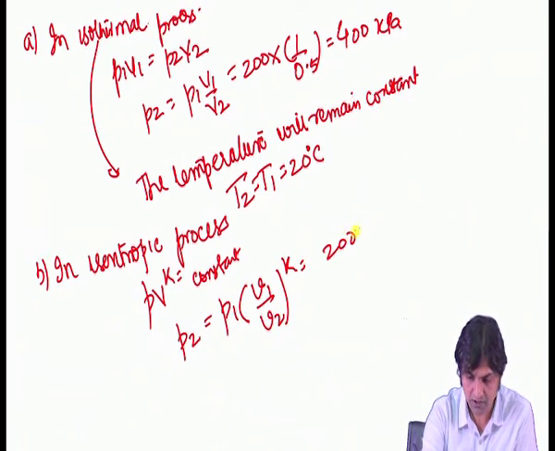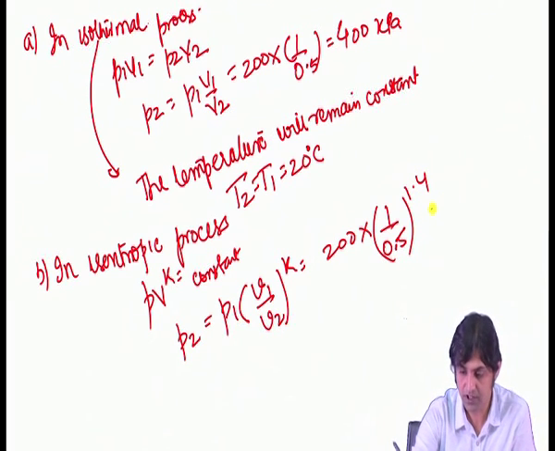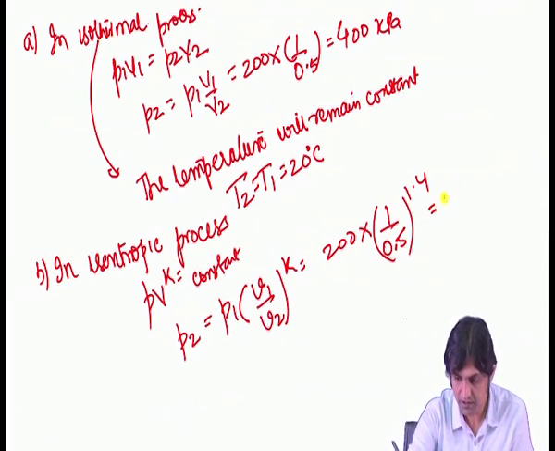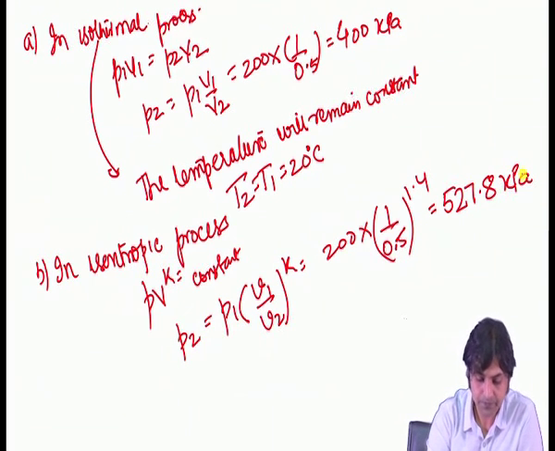So 200 into, it's compressed to half, so 1 by 0.5 to the power 1.4, and if you calculate this, it will come out to be 527.8 kilopascal. Okay. Now for temperature,